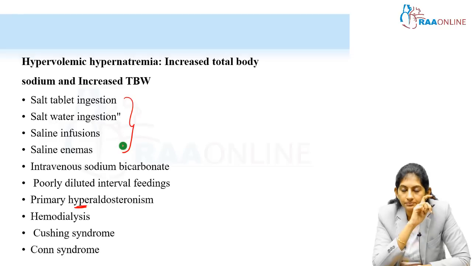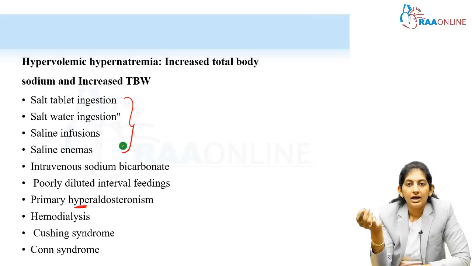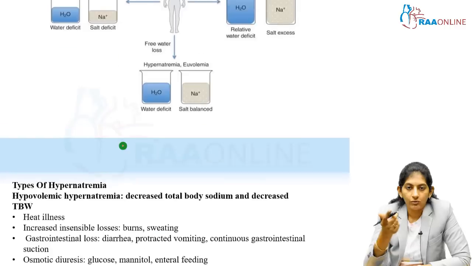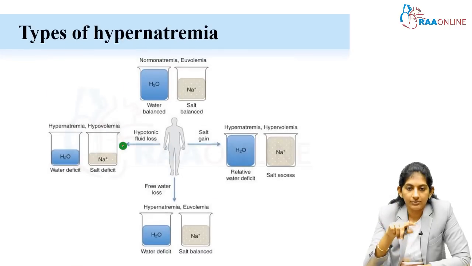So, you have written, so you know what the causes of hypernatremia are already. And now, if you want to further classify based on the volume status also, you can do this. What is hypo and hypervolemic hypernatremia? Below that, you can write the examples. Now, let me just discuss this diagram over here.